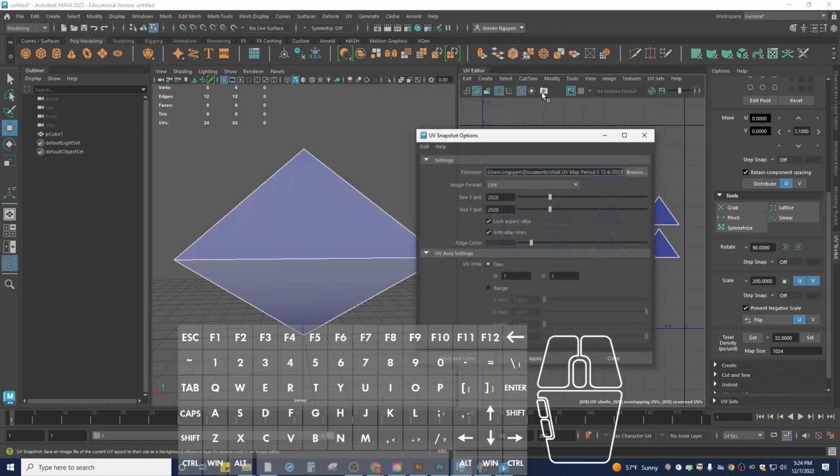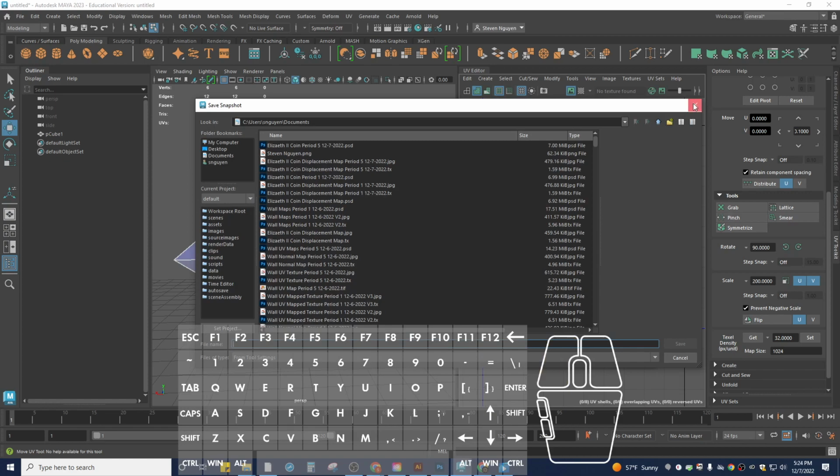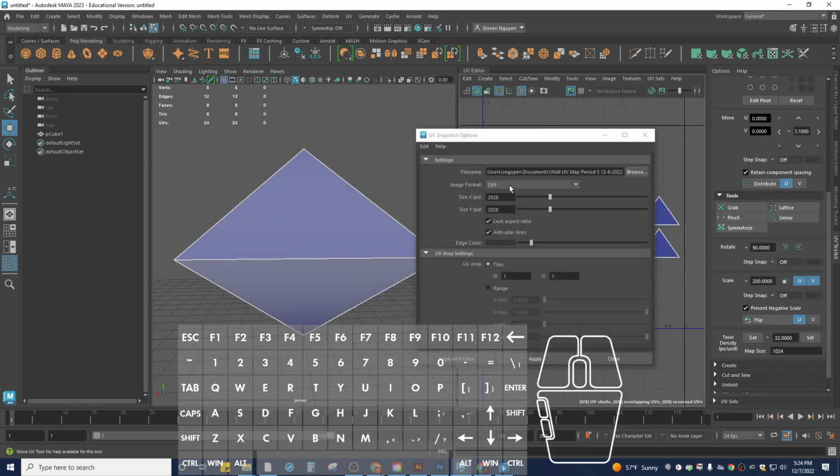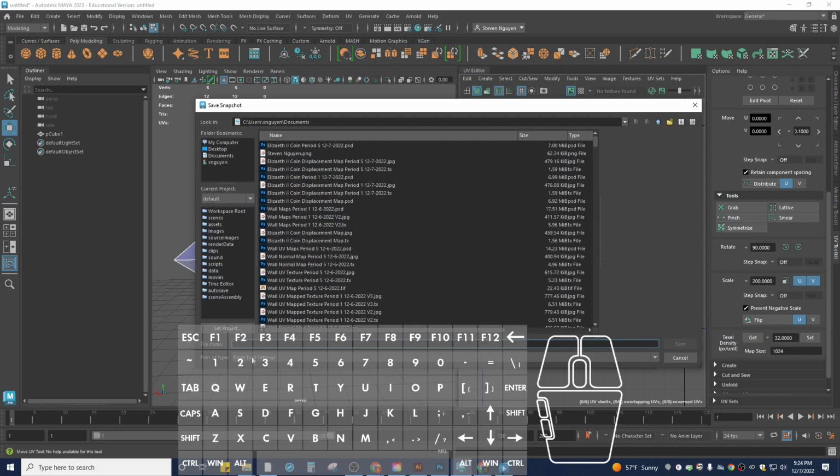I'm going to go into this camera right here. I'm going to go ahead and click on Browse. Again, the quality, 2028 by 2028. TIFF format is the optimal. I'm going to click on Browse here. I'm going to go to File Name, and I'm going to type in